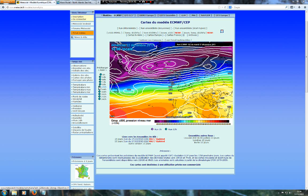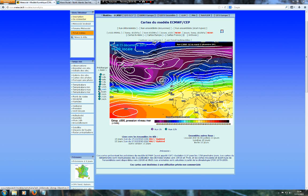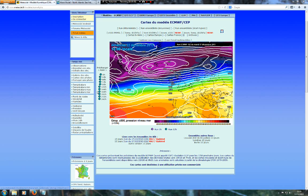And then you've got the 120-hour chart, and the whole thing seems to flatten out quite a bit. Winds slacken a bit across the south. Still got a very brisk westerly wind blowing up north. Then we advance on to the 144-hour chart, and yet another developing area of low pressure here, just to the west of the UK. In the flow, all the time the flow remains strong here, southwesterlies, closely packed isobars. Now I'm going to bring up the 168 hour chart,